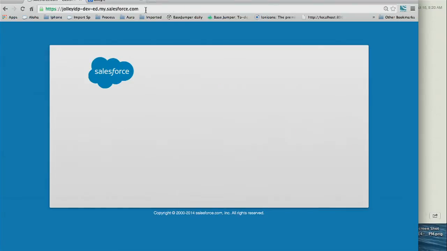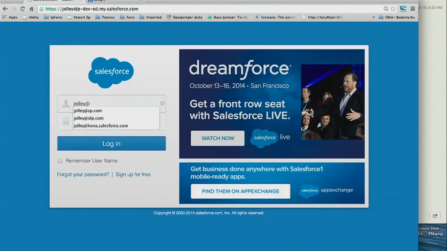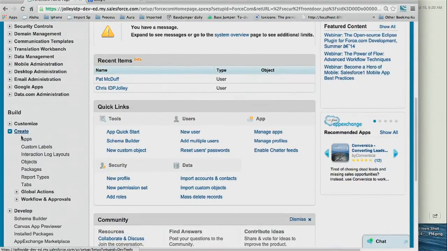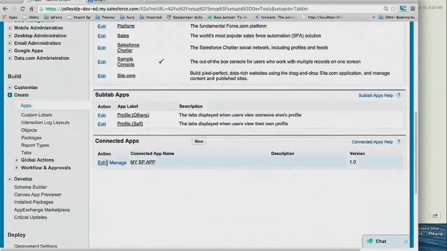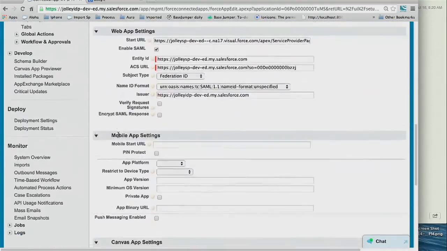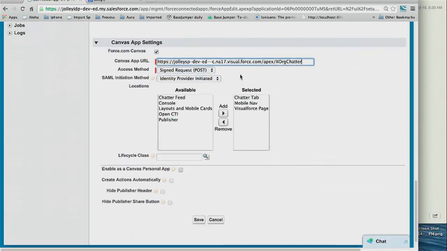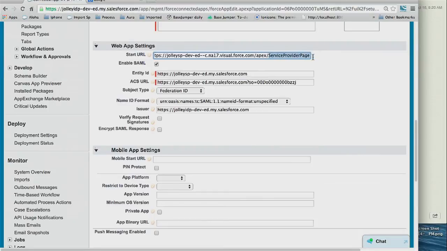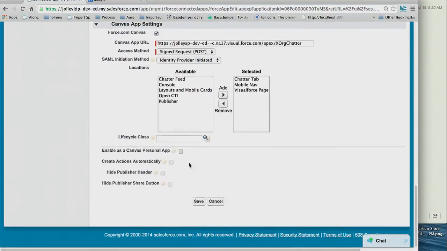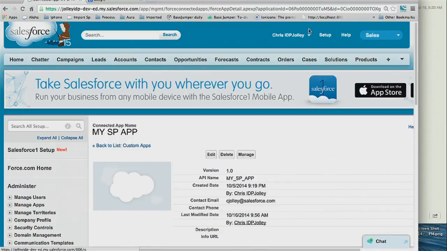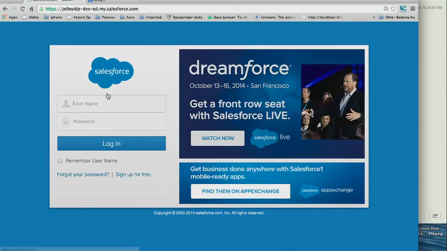I'm going to log out, log back in as my admin. I'm going to go down to my Canvas app, and I'm just going to change the Visualforce page to a new Visualforce page. I also need to change the start URL up here in the SAML settings, the same thing. All right, so let me log out as the admin. Log back in as my